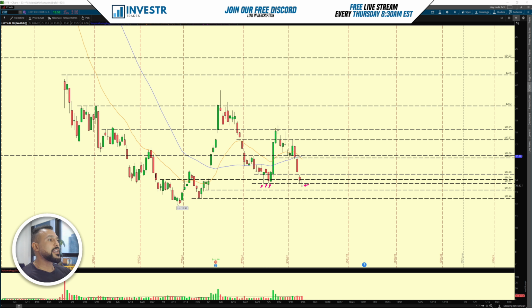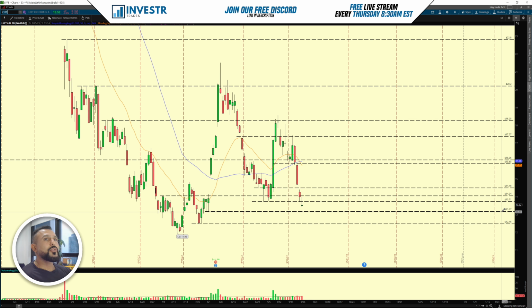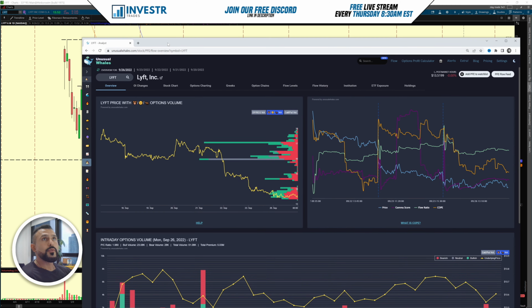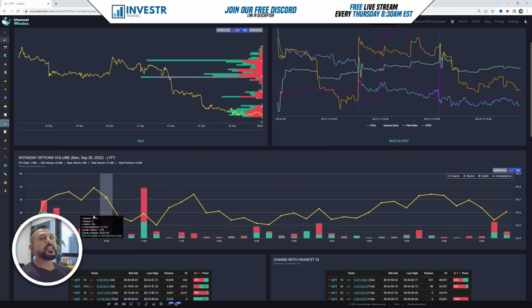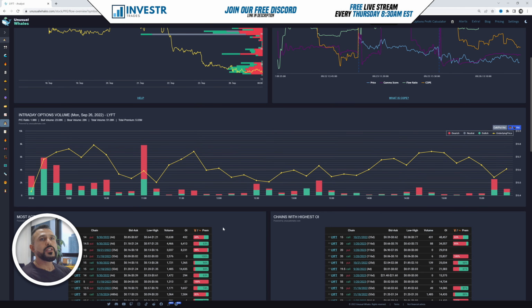and now we've closed that candle under all those levels. The next big support on this is sitting at around 13.17, and then we have 12.46. You can see these lines here very clear. Now, when we're looking at the flow, I'm going to pull up the flow here and take a look at a few things. One, first and foremost, your COPE is in the negative and it's drastically dropping from the morning. Secondly, you have relatively big spikes that are pretty bearish, but the most interesting thing